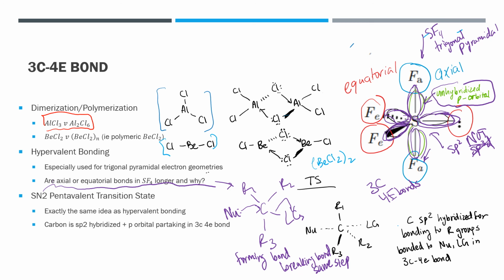So our transition state is going to have a bond forming and a bond breaking, because this all happens in the same step. Our transition state is the highest energy part in our energy diagram. So the transition state is going to be where we have a partially formed bond with our nucleophile and a partially broken bond with our leaving group. And so our transition state looks like what I've drawn here. We have our 3 R groups, right? That was just standard with the carbon. And we have our leaving group on a dashed line, I've drawn a dashed line, right? This dashed line